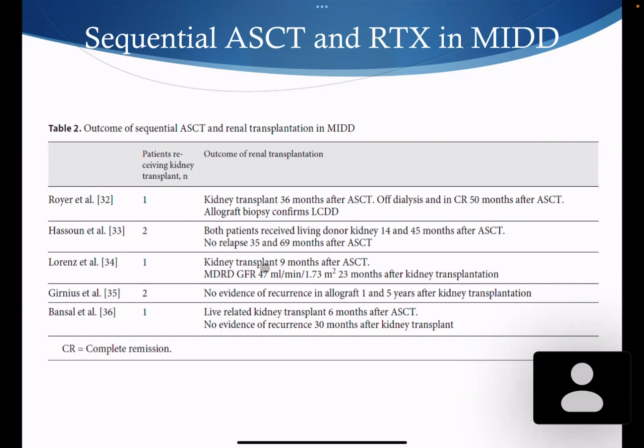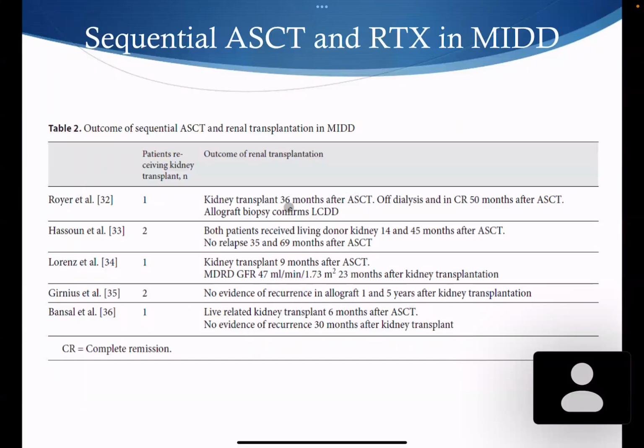Again, this patient received a kidney transplant 9 months after autologous stem cell transplant, and his GFR was around 50 milliliter per minute, and that was 23 months after kidney transplantation. Another 2 patients had no evidence of recurrence, 1 and 5 years after kidney transplantation, and another 1 patient had a liver-related kidney transplant 6 months after autologous stem cell transplant, and there's no evidence of recurrence after almost another 3 years. So as you can see, there is a variable pattern of